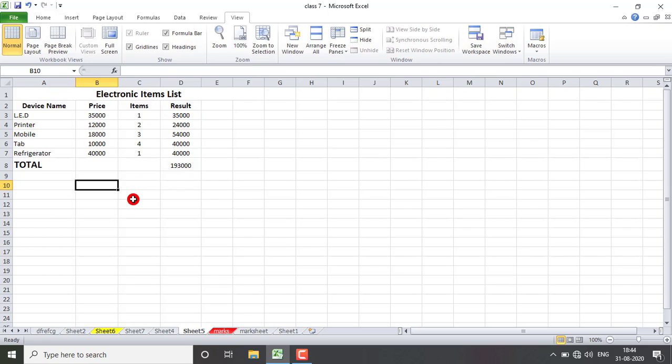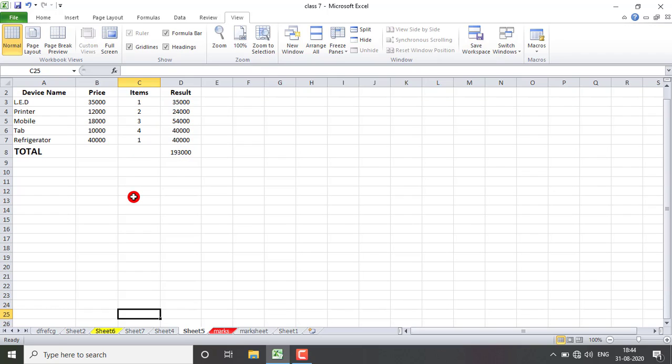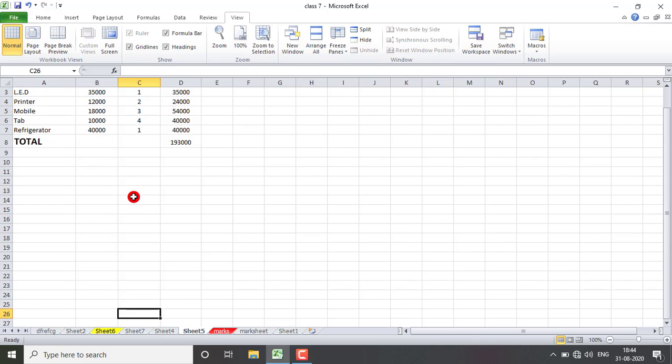First of all, I am showing you that suppose we are doing data entry here, and as we move downwards one by one, as I reach here and move to the next cell, you can see that the first row, the electronics one, is gone. Again if I move downwards, the second heading is gone.